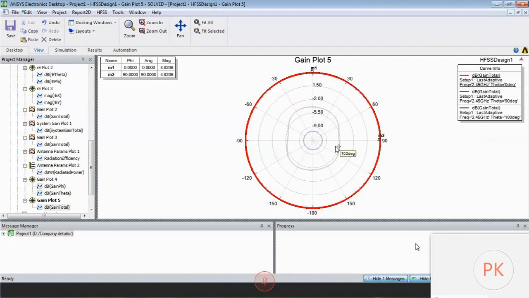But for linear, we won't see this type. Linear polarization means we get a single lobe only, a single lobe in a particular direction, for a particular radiating direction alone. That is linear polarization. We want to get a single lobe. In the H shape, a single lobe only, you have to produce in a particular direction. Okay.